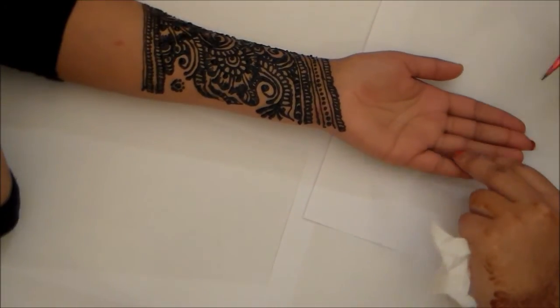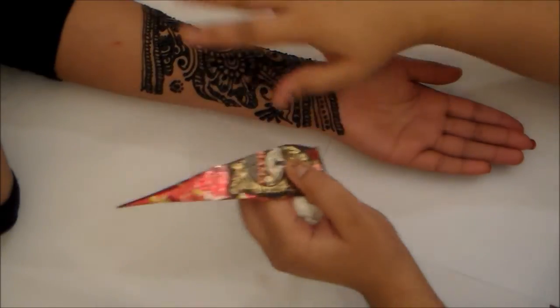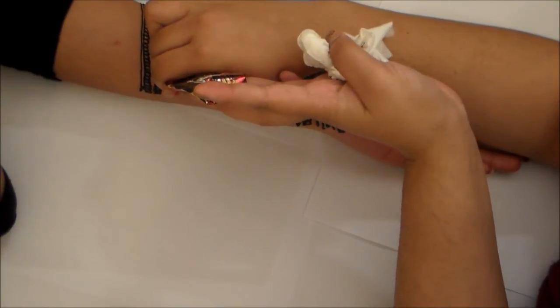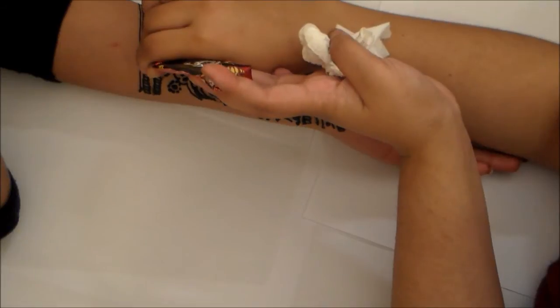Okay, so we've done that bit now. So you can see the arm is nearly done. From that end, I am going to fill it in with more detail now as well. So what you can do, obviously I've done a flower here now. I'm going to outline this bit, joining with the flower,